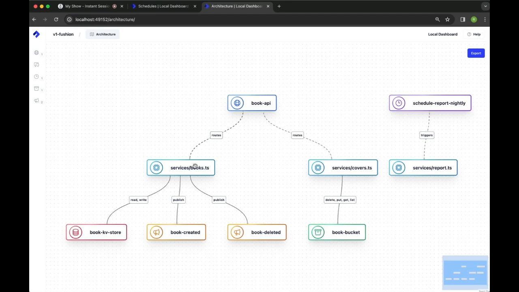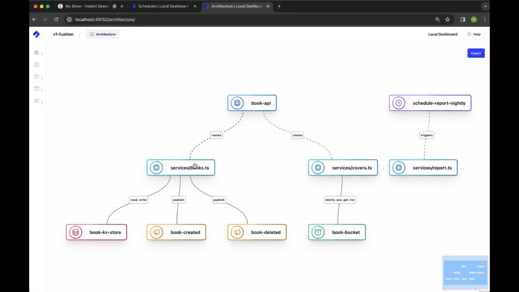For example, in this case, maybe we don't want two topics published whenever a book is updated. These could potentially be consolidated into a single event called book updated, with a state variable inside of it letting us know what type of update it was. This could minimize costs and doesn't require waiting until the project is completed or fully fleshed out to make these